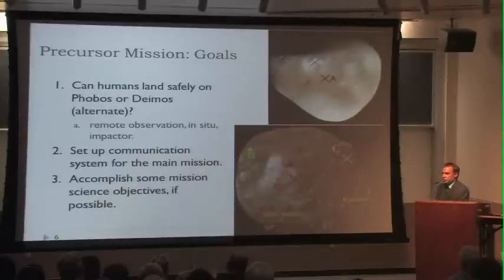We don't have final estimates as to whether or not that is true. We also want to have a precursor mission to set up a communication system for our main mission. We have the MRO in place, but it has a limited lifespan. Maybe MRO will no longer be in place there. So we would like to have something set up where we can assure that we can communicate with